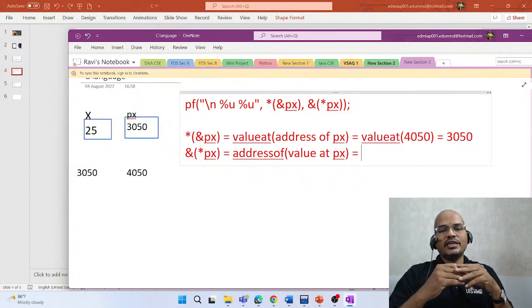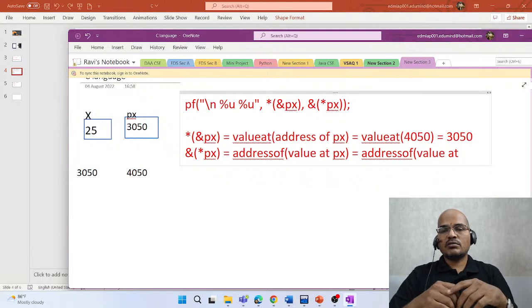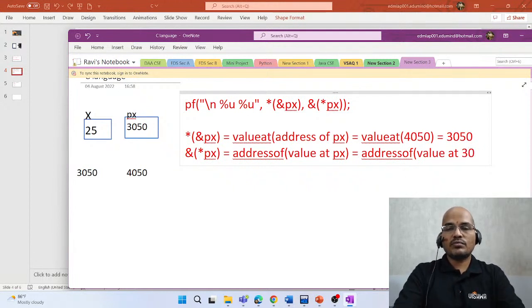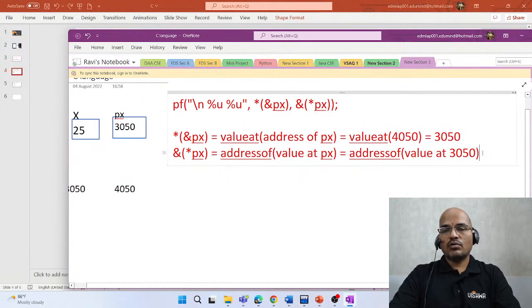Now please watch it carefully. Now this is nothing but address of value at px. What is the value of px? Px is 3050, isn't it? So px is 3050, yes or no? So if I write it in the next line, this is nothing but